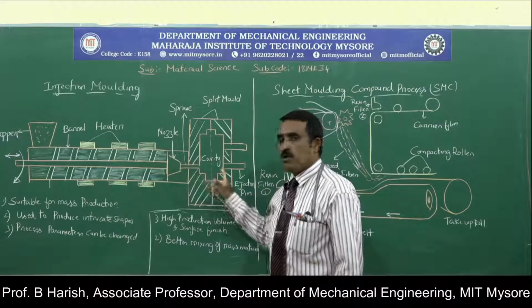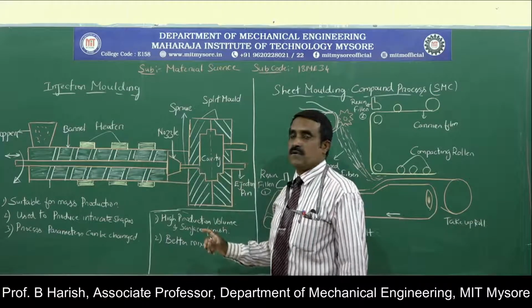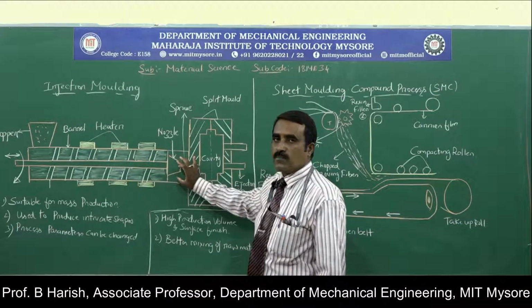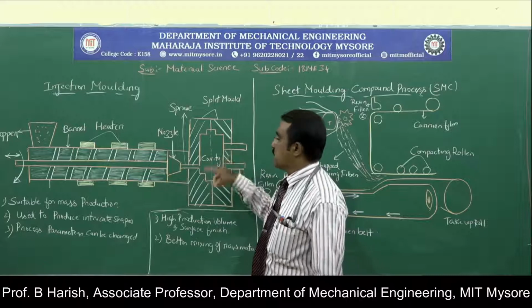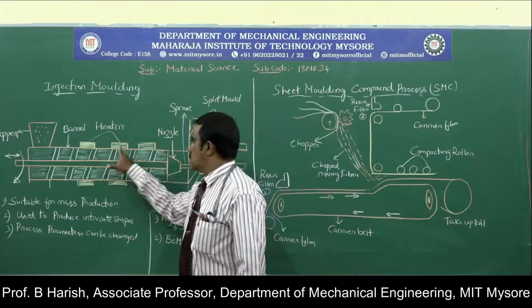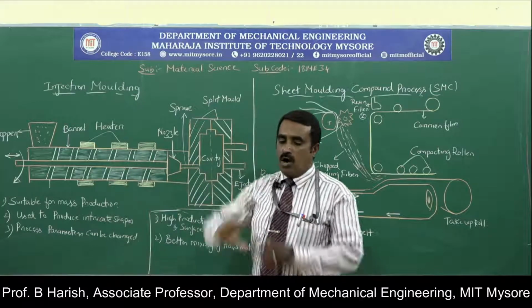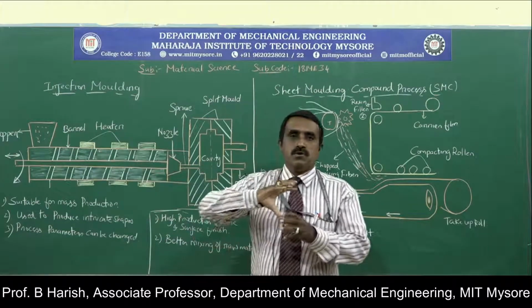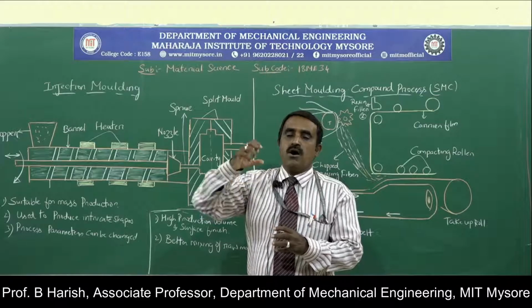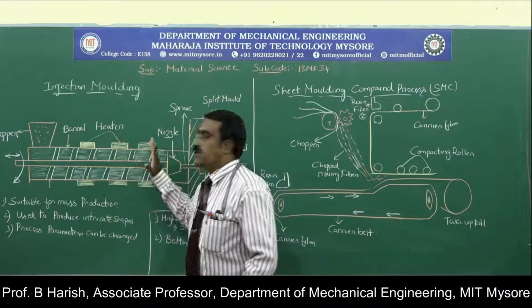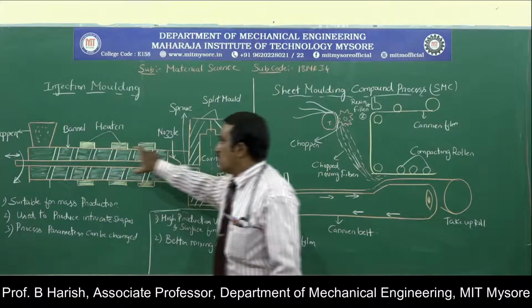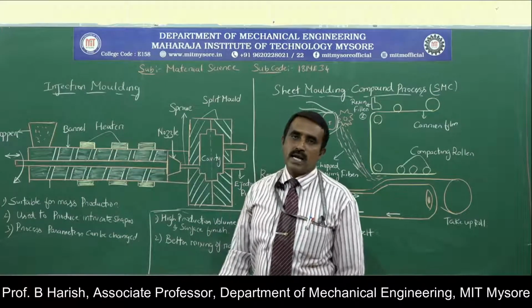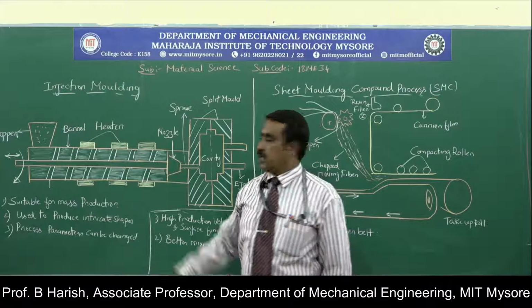Next, the sprue is a very small passage through which the molten material enters the cavity. The nozzle is where the material from the barrel gets stored. From the nozzle, through the sprue, it enters the cavity. Then you can observe these pads, called heater pads. On the outer surface of the barrel, heater coils or heater pads will be placed at different intervals, depending upon the total length. The purpose of these is to heat the barrel.